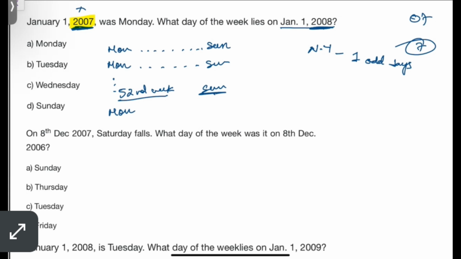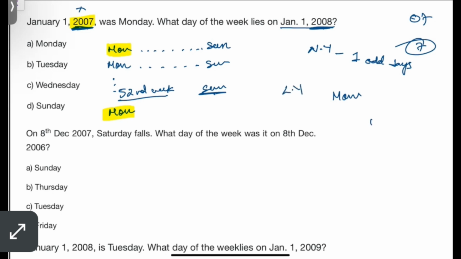Sunday comes, the next day is Monday. So, like I told you, a normal year starts and ends with the same day. Try to remember that. A normal year starts and ends by the same day. So let's take an example. In this case, if a year starts by Monday, and let's say it was a leap year, then in that case, it will